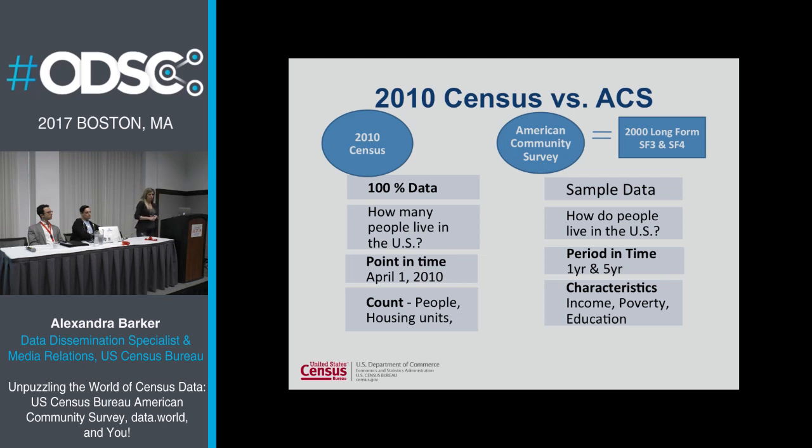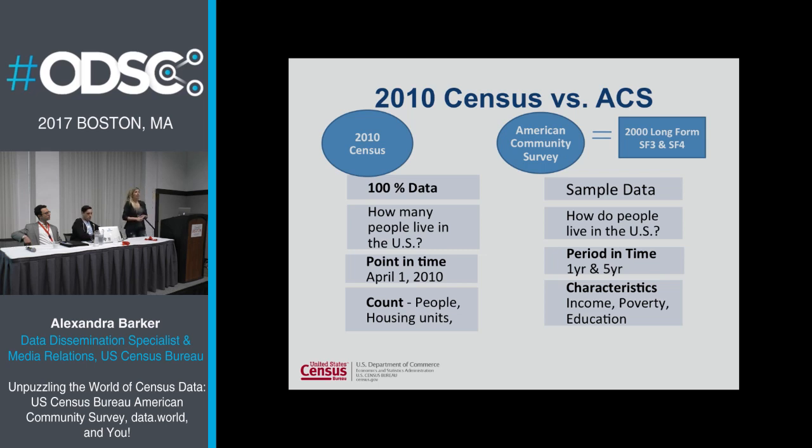I'll cover the release schedule with you in a little bit. But just know for every city and town, even if it's 300 people, you get ACS data. You get ACS data down to a level called block group. I'll cover geography in a little bit. And these things will be important because when you go into the world, to other tools out there, knowing the background of the ACS would definitely help you.